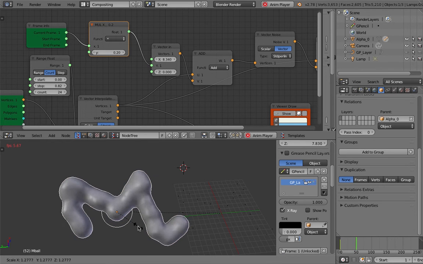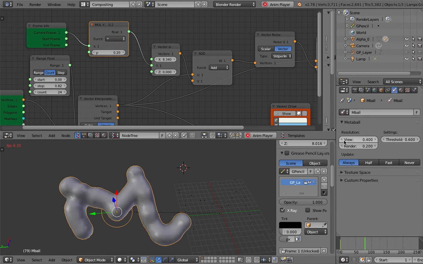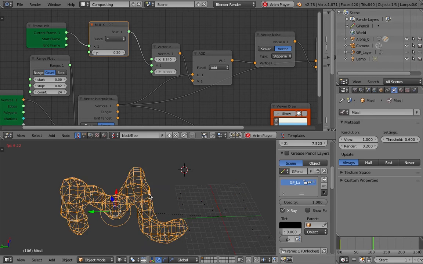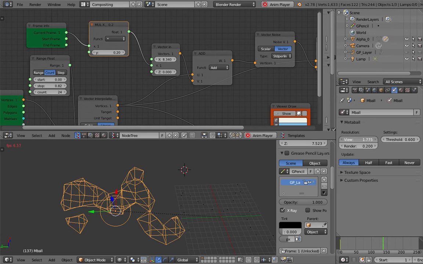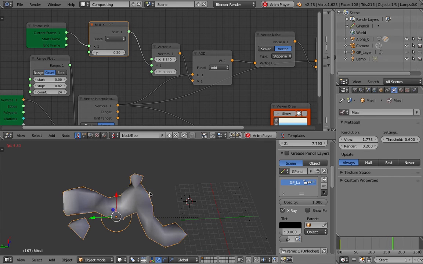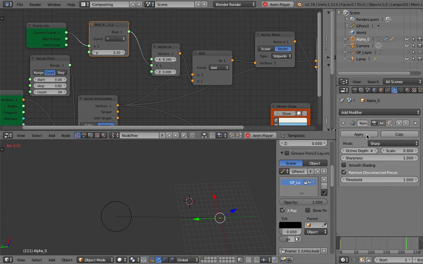We can still control the MetaBalls. I told you before that with MetaBalls you can control the resolution. Increase it to 1, and you have this result. It's very light. I like it. Sometimes it's good to have this kind of light effect, because if it's light, you can use a modifier here, a remesh modifier, and use blocks, turn off remove disconnected pieces, increase the octree depth, and I think